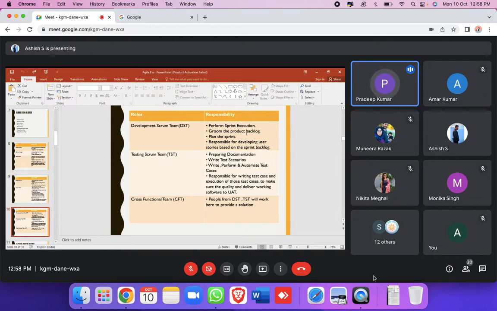The combination of the black box and white box testing. Correct. The persons who have knowledge of both development and testing. So you can see that your cross-functional team will be persons working like hot fix people. Whenever you try to give a hot fix, you need a person who has knowledge of both development and testing, and you need a person who is doing API testing, and is even doing normal manual and automation testing. You can call them also a cross-functional team.